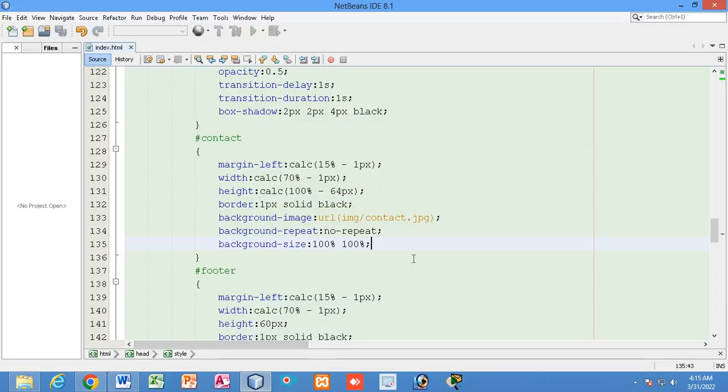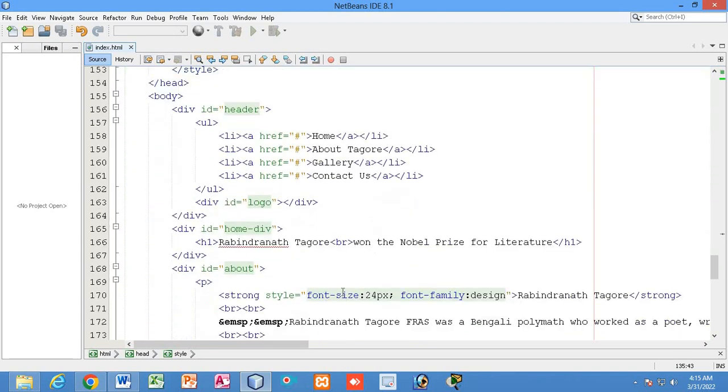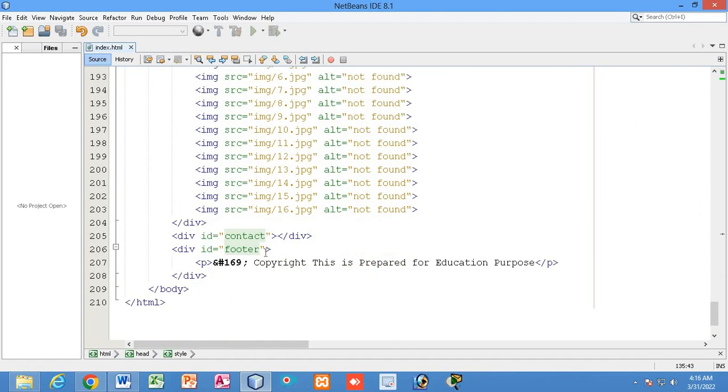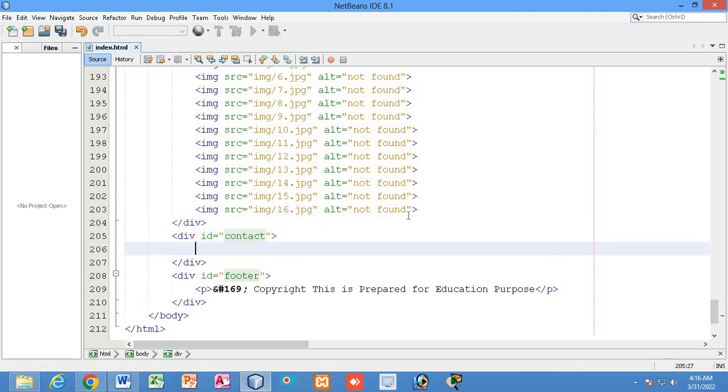In the previous lecture I taught you how you can add a query form. In this website, I am not going to create a query box. Instead I will just add those information, right? Phone number, address in this page. To do that I will take another div, right? I will take another div inside this contact div, right here.